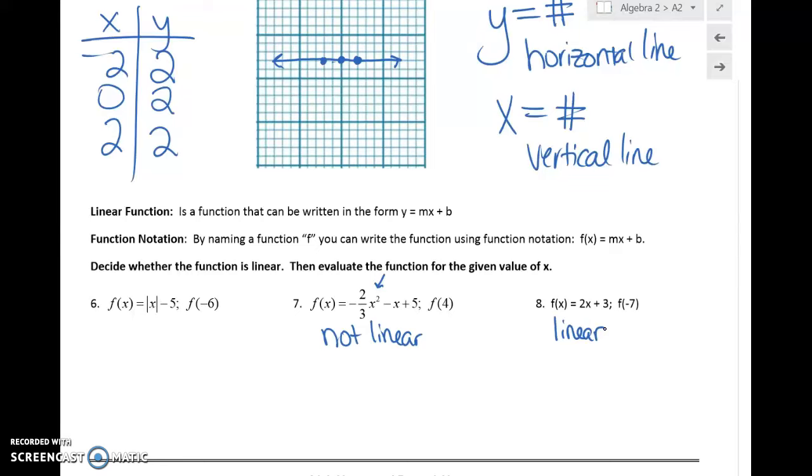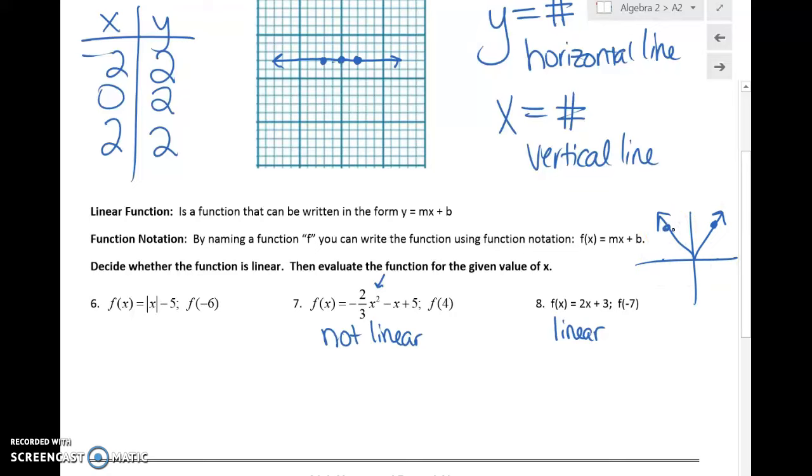Absolute value. Absolute value represents the distance that something is from 0. So the absolute value of 5 is 5 because 5 is 5 units from 0. The absolute value of negative 5 is positive 5 because negative 5 is 5 units from 0. Here's what an absolute value graph actually looks like. It's a V shape because the absolute value of 5 is 5 and the absolute value of negative 5 is